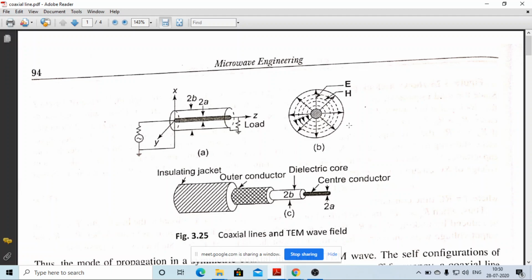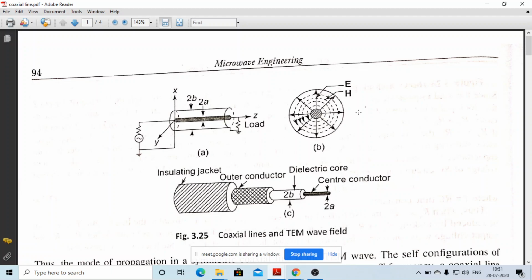If you see the cross-sectional area of your center conductor, the field is perpendicular at every point, because the center conductor is round, cylindrical in shape. However thin it is, it is cylindrical, so it makes a 90-degree angle and radiates outward. However, if you see your magnetic field, it makes various loops, concentric circles type of structures. So you can see here it is a concentric structure for the magnetic field.